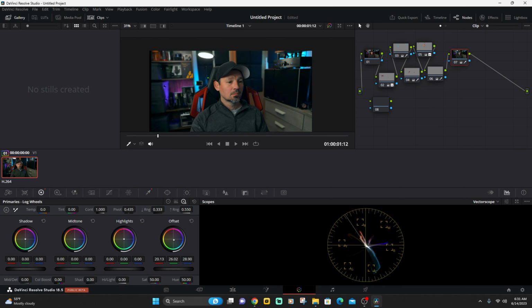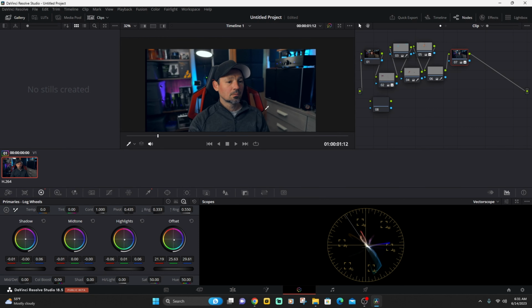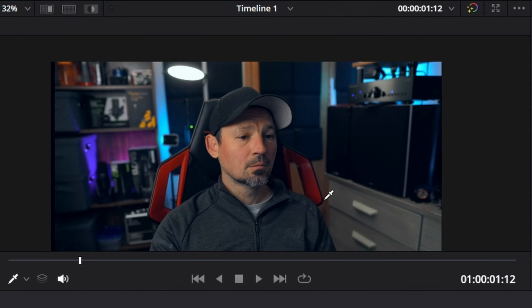My skin's always going to stay the same color, but everything else is going to get corrected a little bit. So this is a way to get some really creative looks on the Resolve, if you want it. That actually looks pretty cool. I mean, some people would probably really like that look right there. The colors are vibrant, they pop, you get that teal and